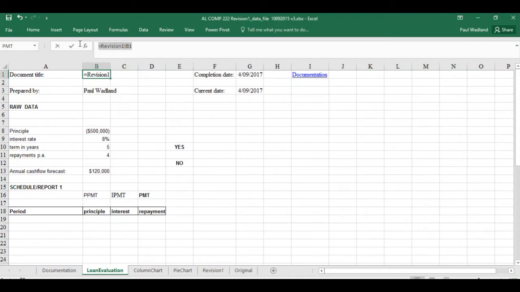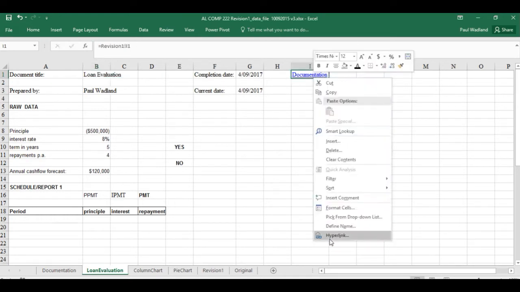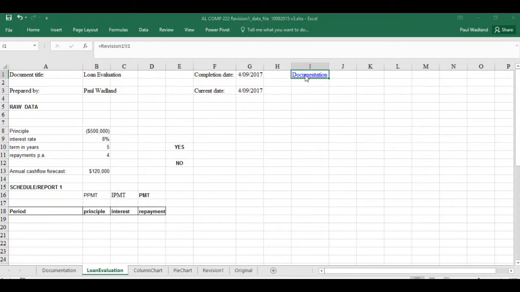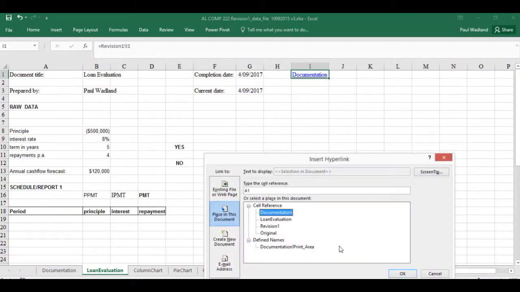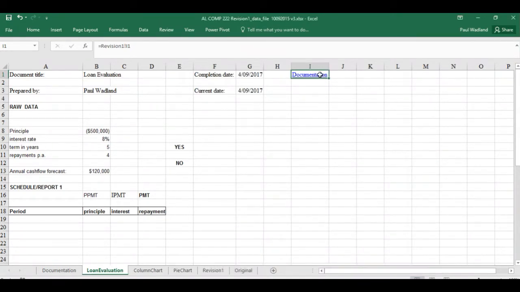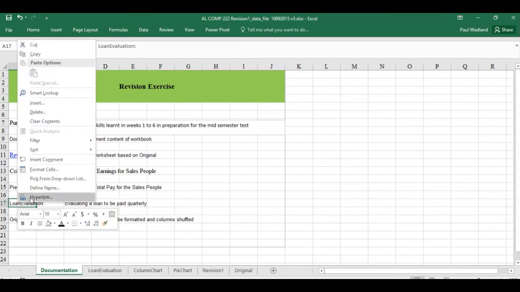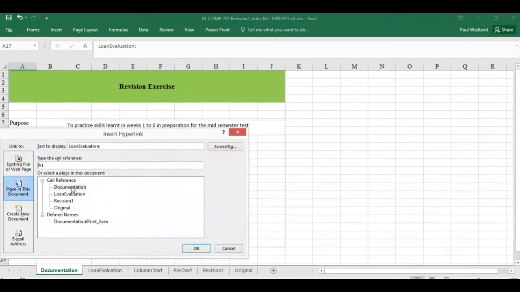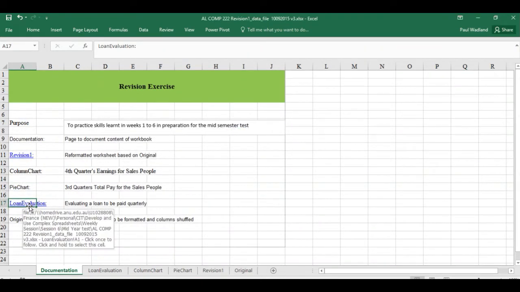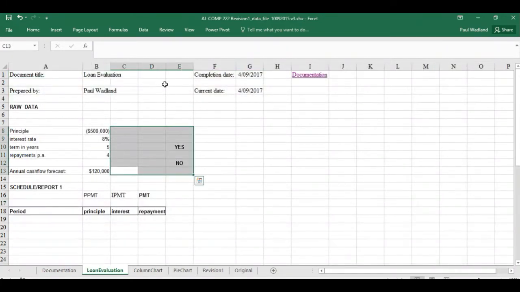And change, we can get rid of that. And the documentation, we'll just hyperlink that. That probably doesn't have the correct hyperlink at the moment. We want to hyperlink to documentation. And there we go, back to documentation. If I want to hyperlink back to the loan evaluation, and that brings us back to the loan evaluation. Okay, so that is it for the header, and then we can move on to